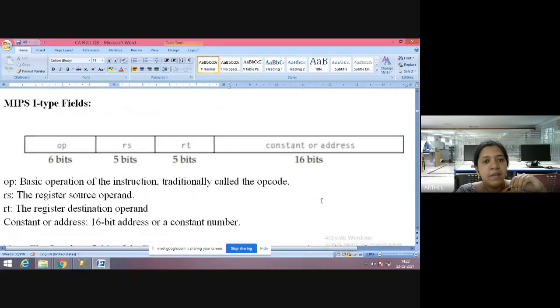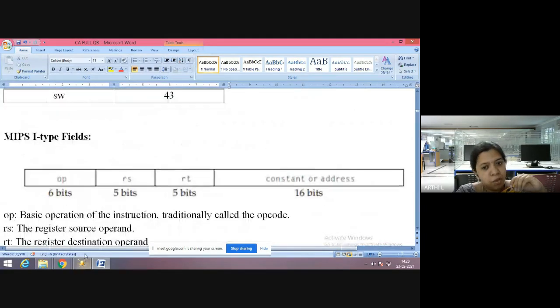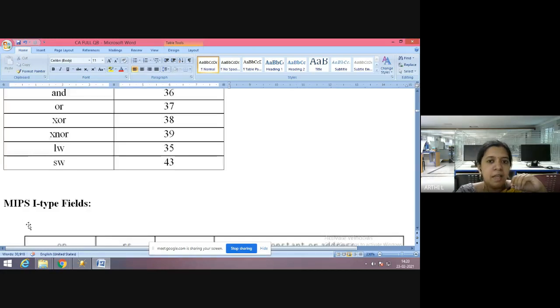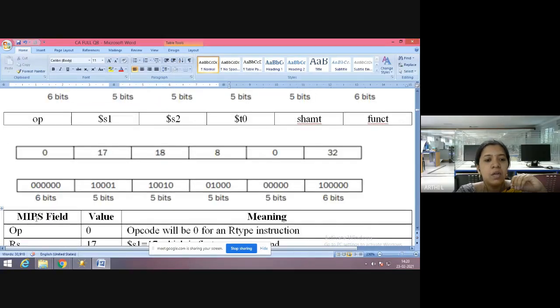And then we can go to the I type instruction. That is all for R type. You have to learn the fields. You have to understand what each particular field tells, then learn about the source and destination register, the number of operands, and what the register numbers exactly are, and then map it. Each and every field should be converted to bits. I said 6 bits, so 0 means you have to convert to 6 bits. 17 you have to convert to zeros and ones, 5 bits.